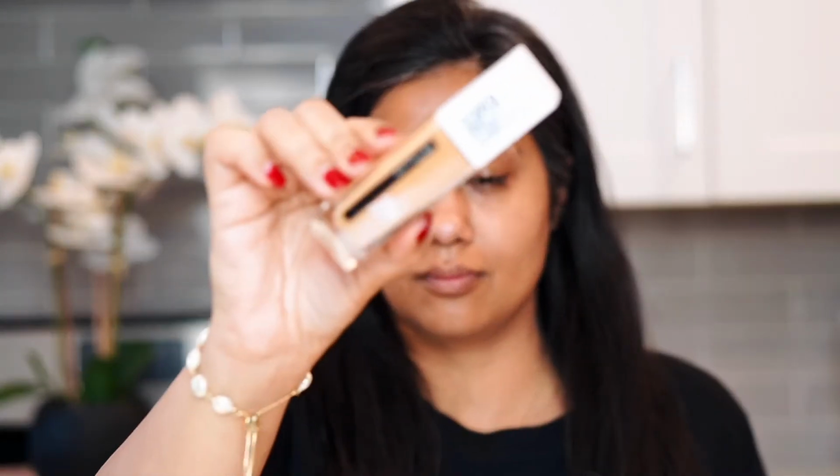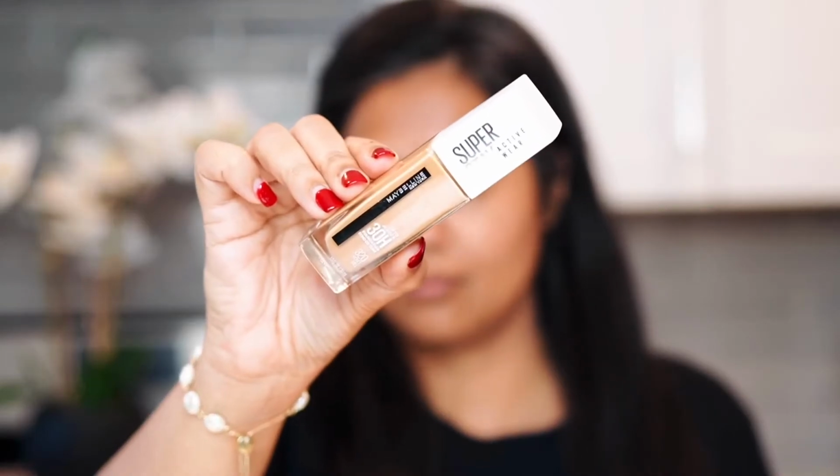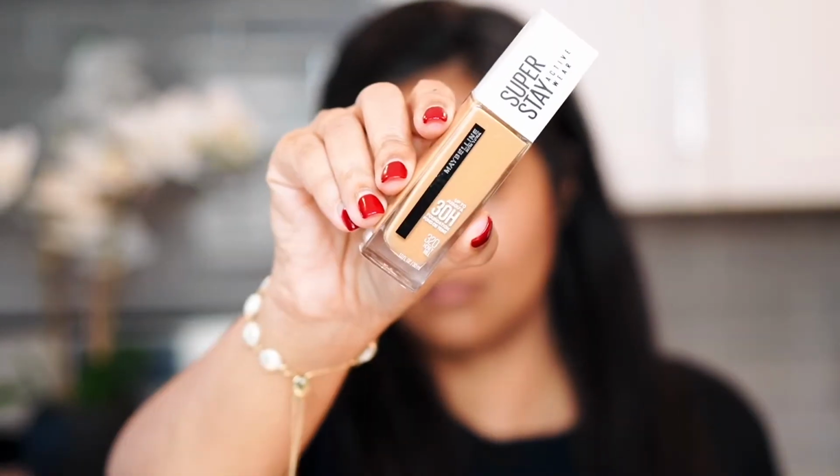There is a pimple mark on my skin, so I'm trying to cover it with a little bit of age rewind concealer and around the areas where I have darkness. That's it. Now we'll moving on to the next part. I'll let it sit. Okay, so for the next part, I'm using my favorite full coverage Maybelline foundation from drugstore,